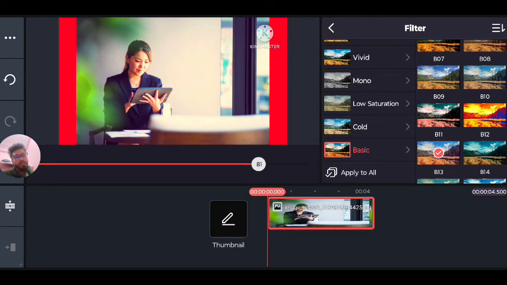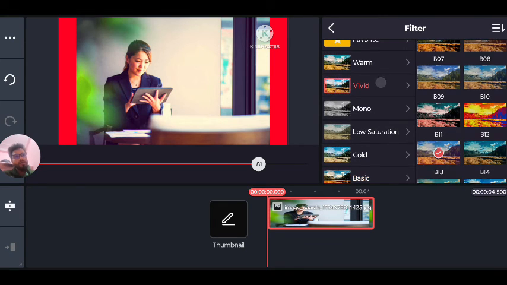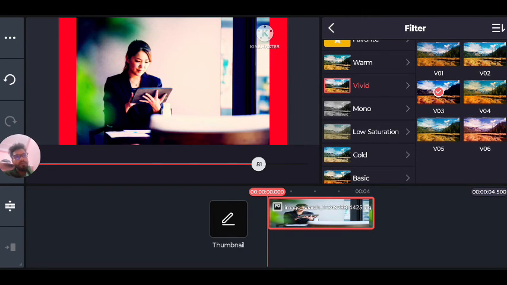So please try all these filters, and which will be better for your photo, please choose and select and make